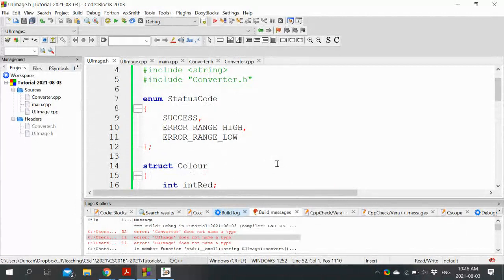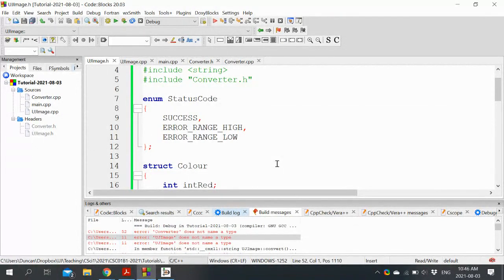So the one way in which you can do it, think about how you did it with functions. You might have that same problem where a function needs to know about another function in order to call it, but maybe it's a pair of mutually recursive functions, so they need to know about each other. Or even just if you put functions before you learned about header files and libraries, and you were just writing functions inside main, you'd have to be very careful to declare your functions in the right order so that the ones below can use the ones above it. So how did you fix that? You fix that with the function prototype, which is basically just a promise to the compiler saying, I'm going to give you a full implementation of this function later, but for now, just calm down.